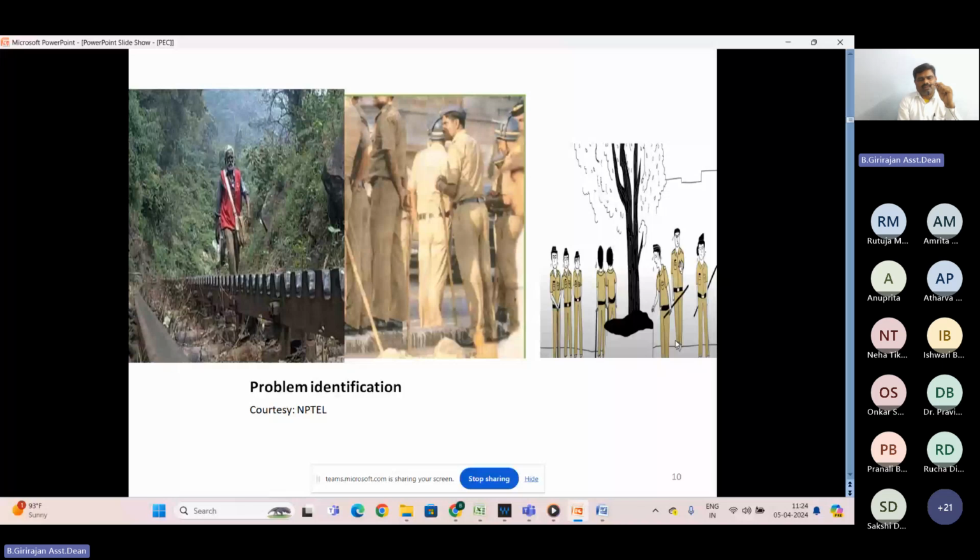You select any one model for your product design, and you follow the design thinking model, so that you can have professional design thinking and product development. So what are the various design thinking models? We'll be discussing in the next slide.